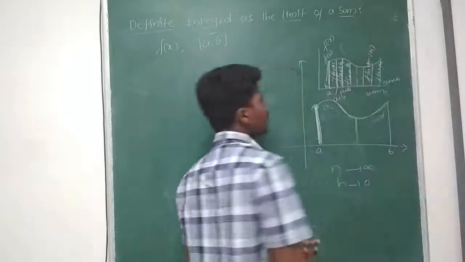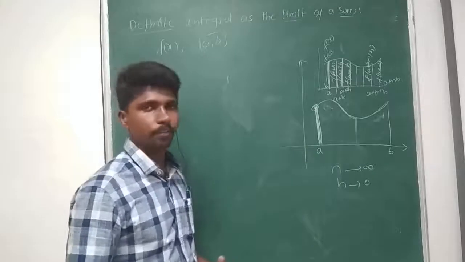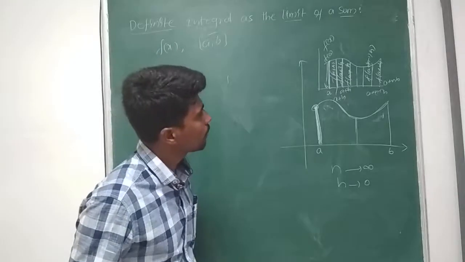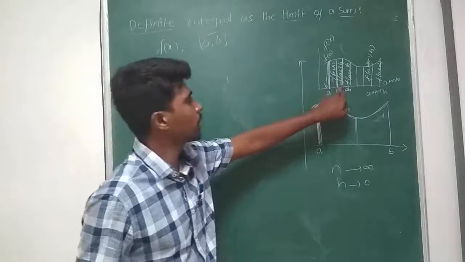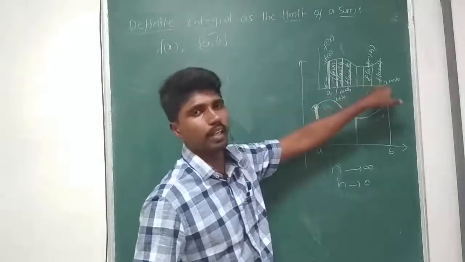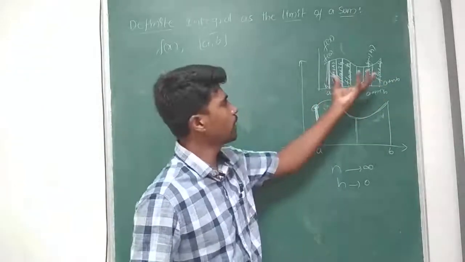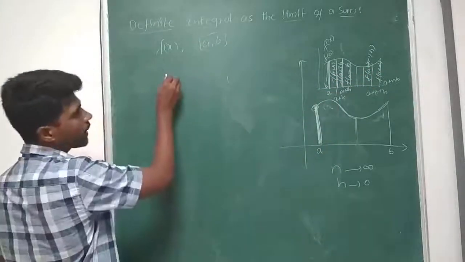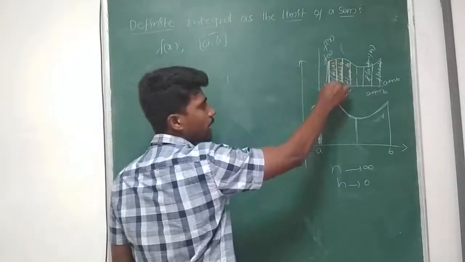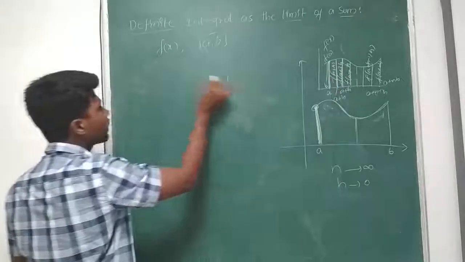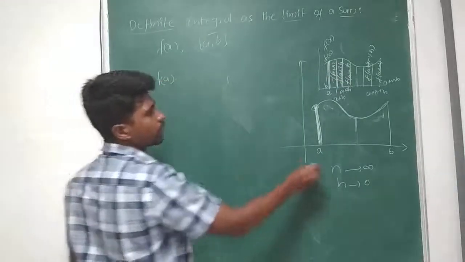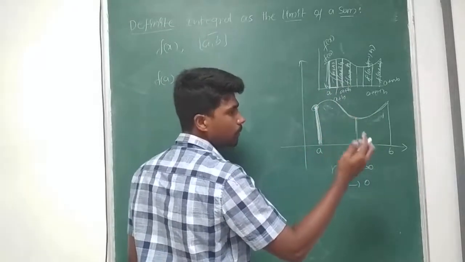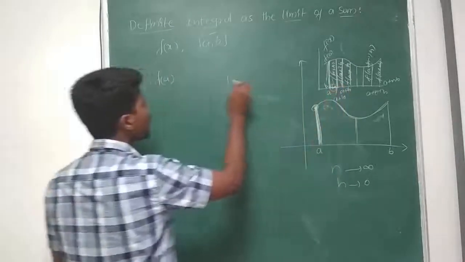Now you see these are looking like rectangles. So I converted everything into rectangles, and now I am finding the area of the rectangles. I have many rectangles here. First rectangle area plus second rectangle area plus third rectangle area plus and so on, all the rectangle areas. If I add, I'll get the area of the particular portion. First, the area of the first rectangular part. If I call this length, the length is f of a, and its width is nothing but the width of each subdivision. I consider it as h.